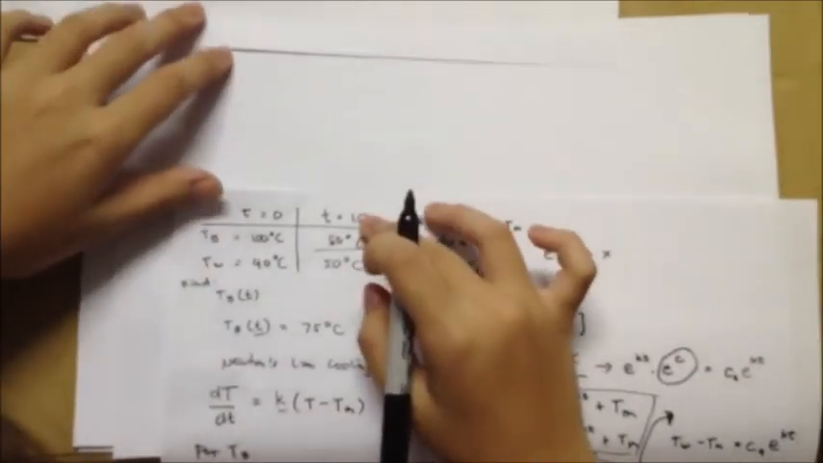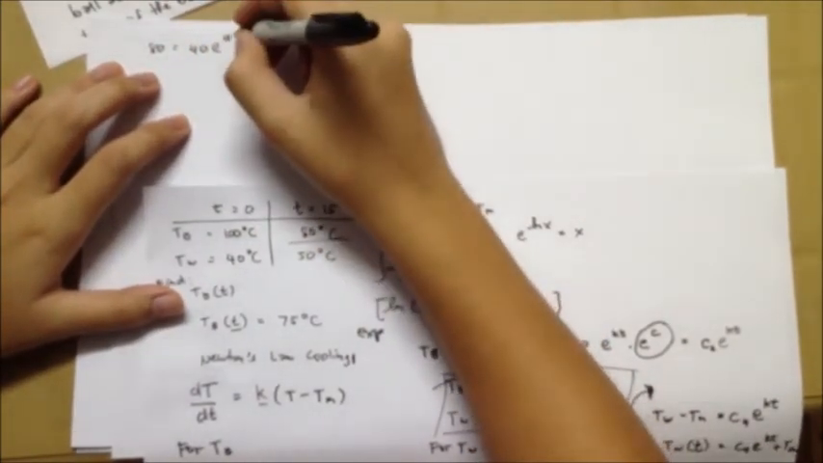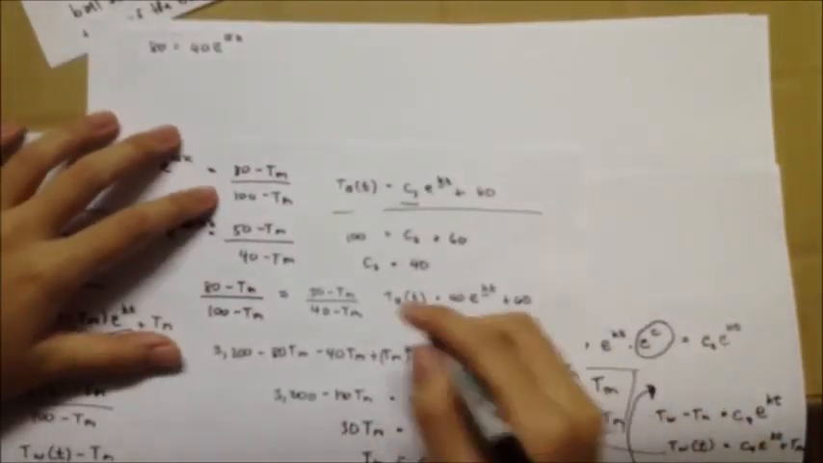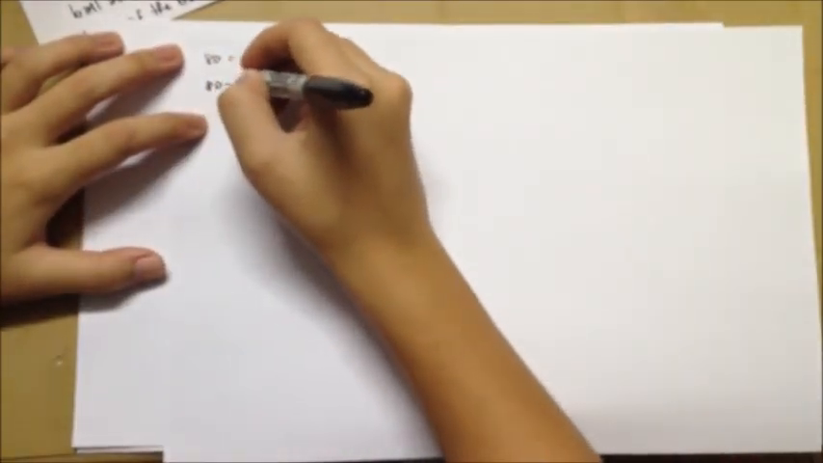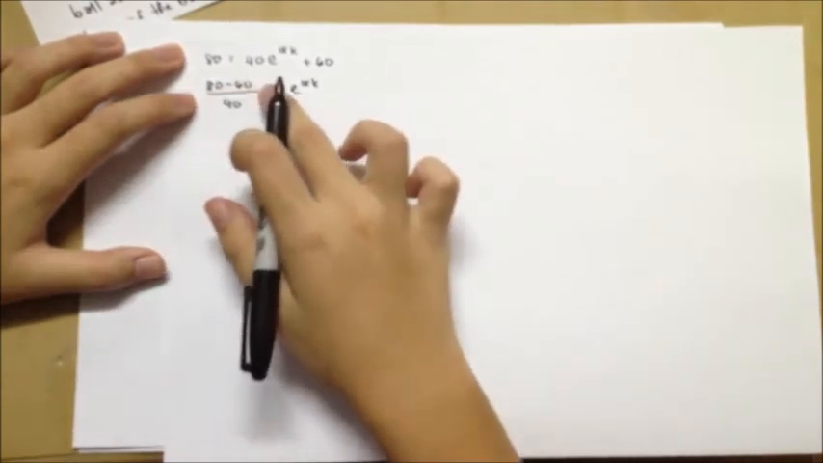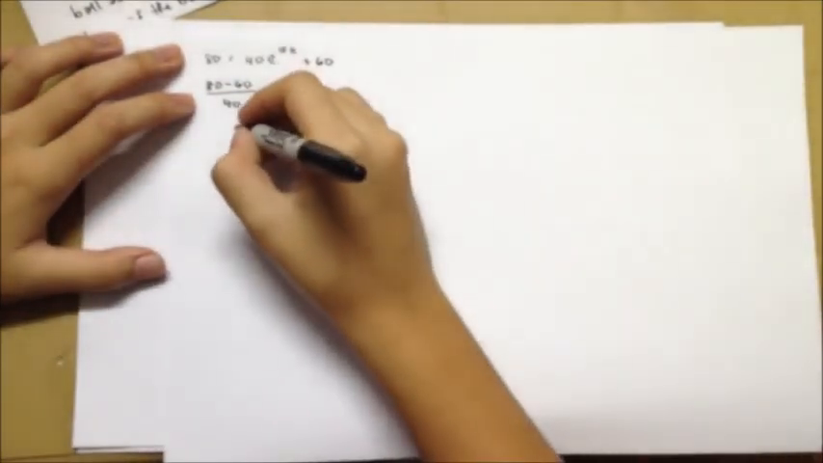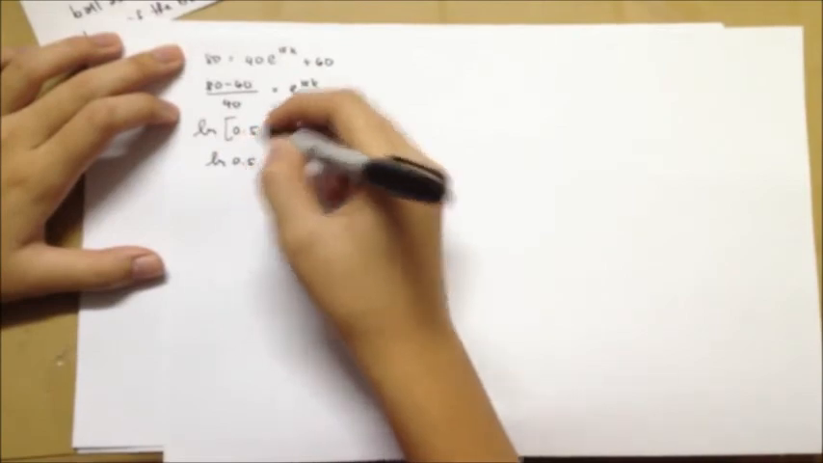So at t equals 15, the temperature is equal to 80 degrees Celsius. So Tb here is 80 equal to 40 e^(15k) plus 60, referring to this equation. Now solving for k, I will have (80 − 60)/40 equal to e^(15k). So 80 minus 60 is 20, divided by 40 is 0.5. So I will have 0.5 equal to e^(15k). So getting the natural log of both sides, I will have the natural log of 0.5 equal to